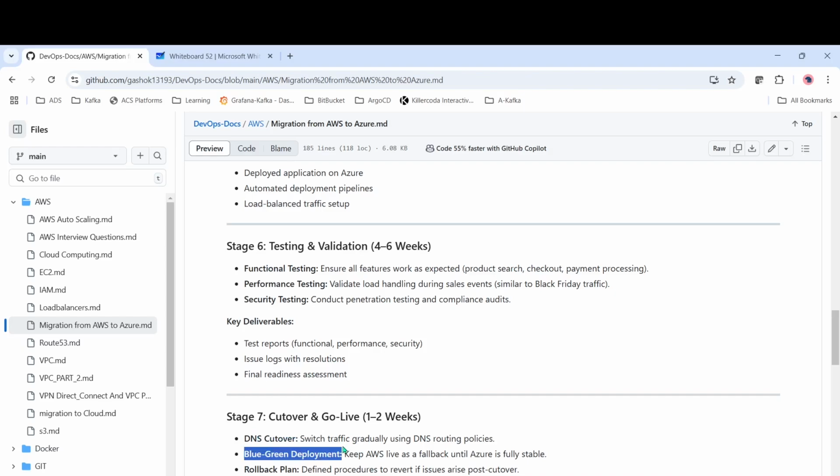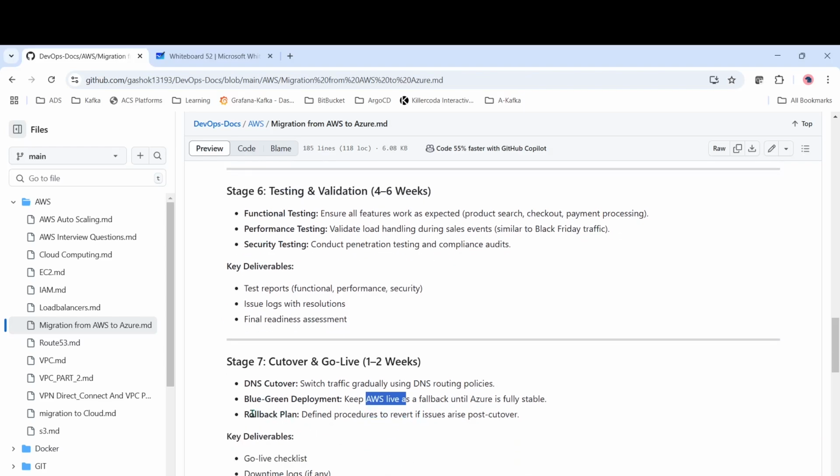And blue green deployment. So what is blue green deployment? We will have two environments for each and every application, one blue and another green. We will keep AWS live as fallback until Azure is stable. So if Azure is fine, it will go to Azure. If there is some issue with Azure, it will come back to the AWS live environment. And we should have the rollback plan, because